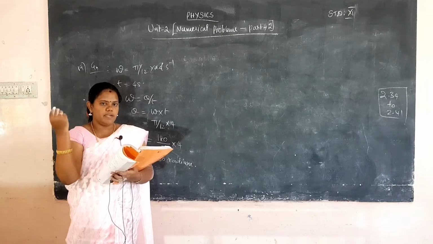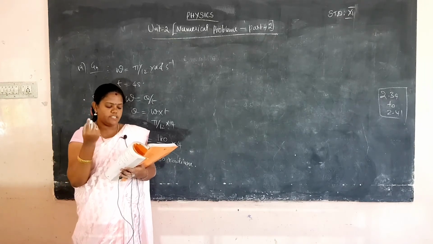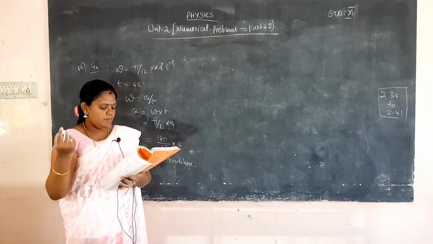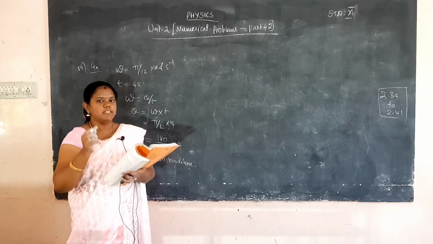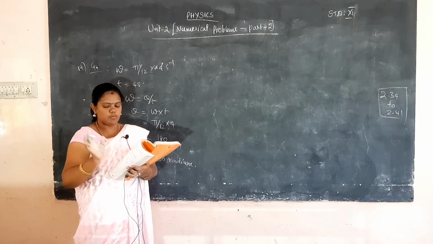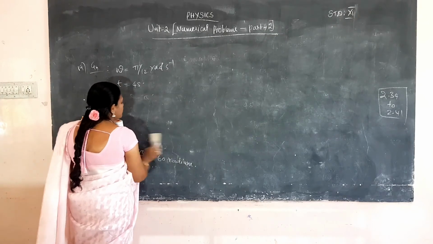The moon will be orbiting once in 27 days. 27 days, once it will be revolved. Okay, the angle transferred by the moon per day. Per day, how much angle will it move? This is a question. So the answer is